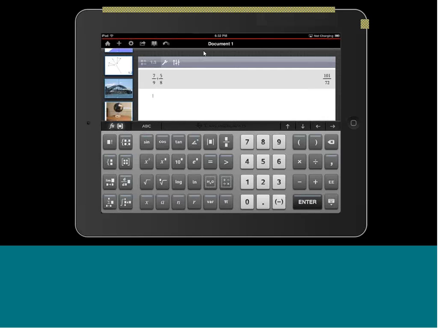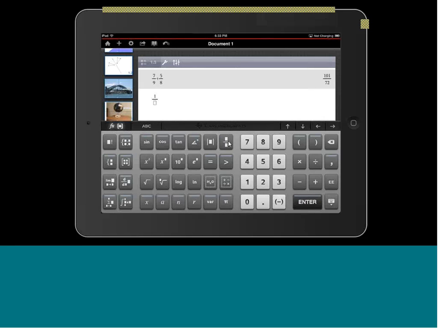press enter, this is a beautiful feature of Nspire. You get pretty print so that the expression looks the same way you'd see it in a textbook or the way you would write it down on paper. Now, instead of using the divide key to get the fraction, I could also use one of the template keys. We used to access a lot of these template keys on the handheld device and in the software by pressing a template key, but now we have individual templates. So to get the fraction, I'm going to press this fraction key,